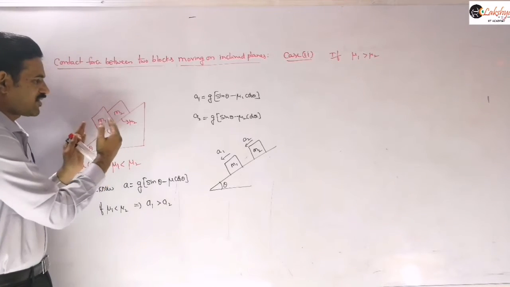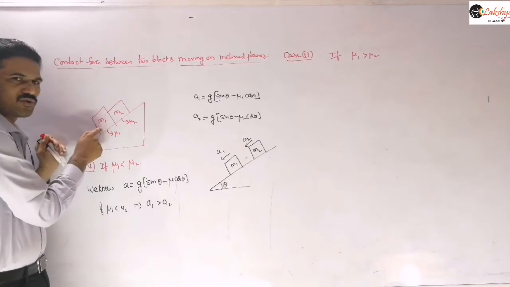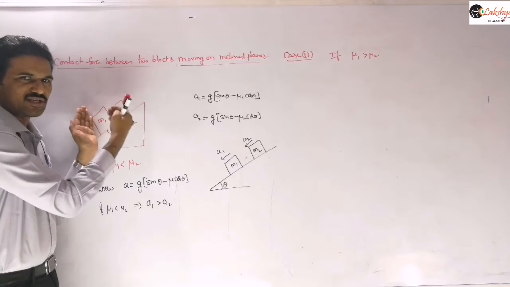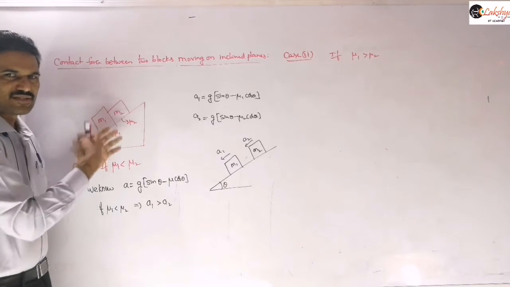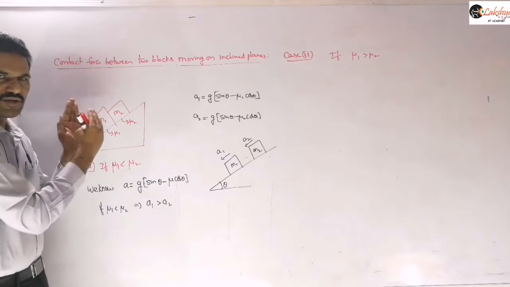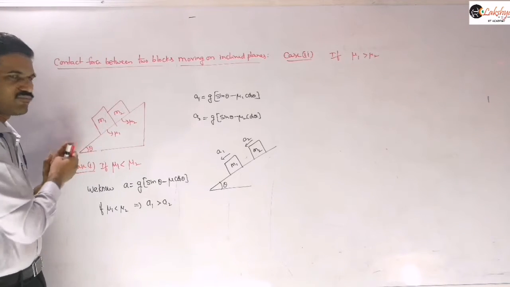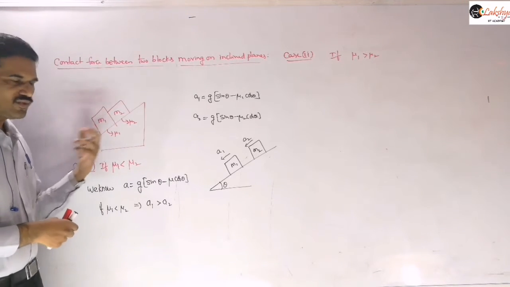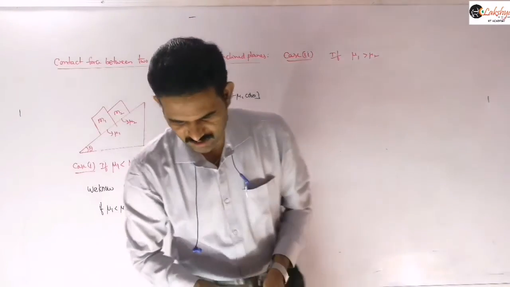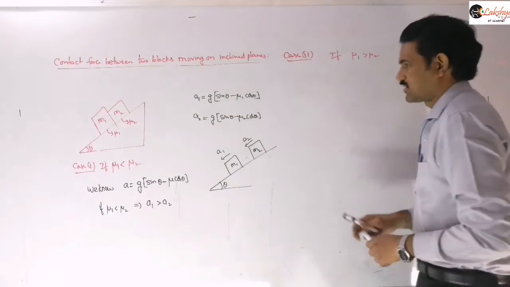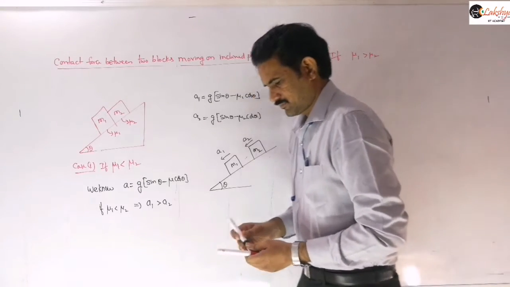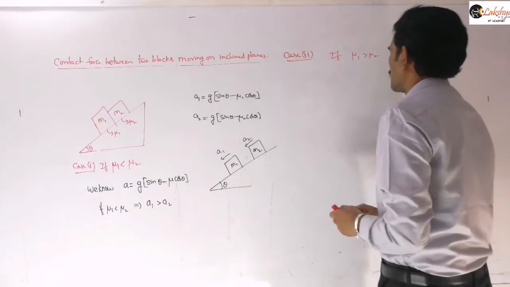So as they are in contact with each other, this block comes in contact with this. It is moving slowly, and the other is moving with some high velocity initially, which means its acceleration is more. And so these two will come in contact. So this block will also apply some force on this M1, so that they will move with a common acceleration. So we need to find that common acceleration. So now let us write this conclusion here.